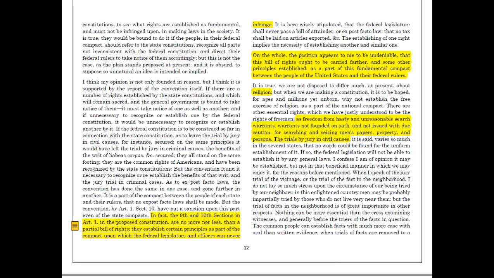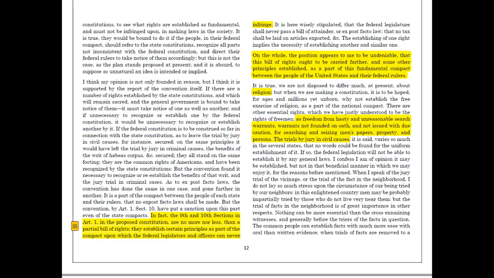doing. Smith writes in the highlighted passage at the bottom of the left-hand column of 12, in fact, the 9th and 10th sections in Article 1 in the proposed Constitution are no more nor less than a partial Bill of Rights. They establish certain principles as part of the compact upon which the federal legislators and officers can never infringe. Next highlighted passage, on the whole, the position appears to me undeniable that this Bill of Rights ought to be carried farther, and some other principles established as part of this fundamental compact between the people of the United States